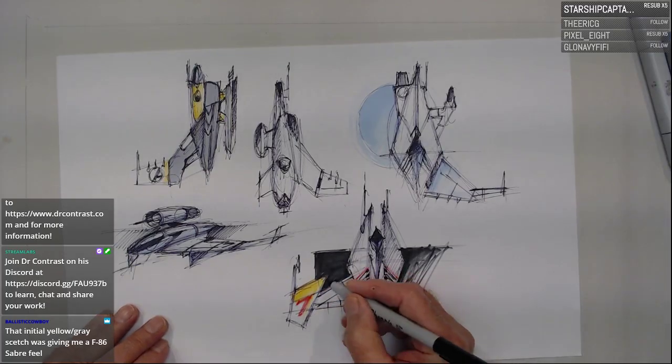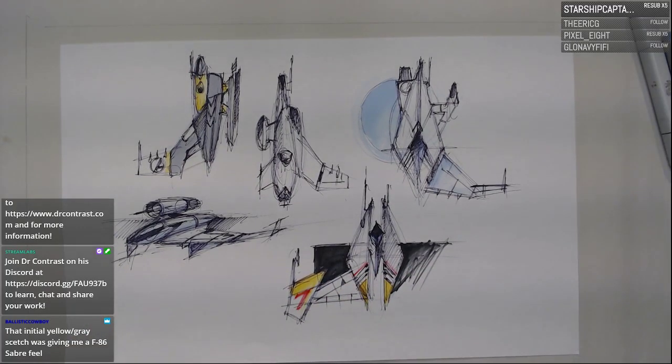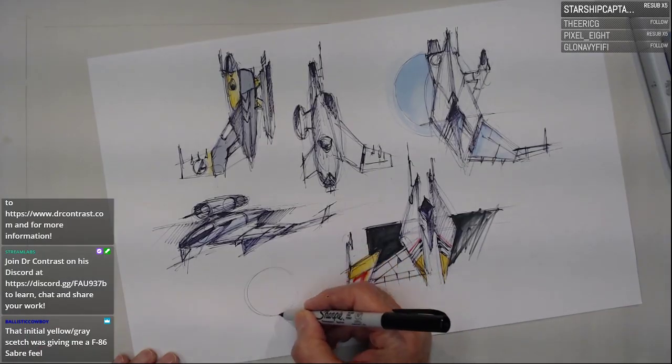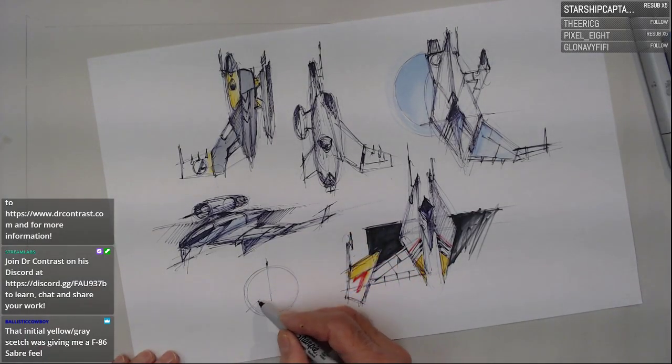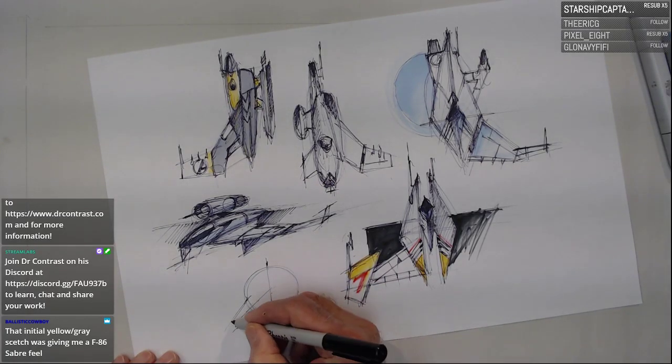Nicely observed. Again, real simple passes of what happens, for example, when you look at some of the architecture that's out there now. Yeah, it's pretty typical. We've got a lot of stuff. For example, there's a lot of rounds. For example, we can do this, come back in and pick up like a triad of three, almost like a Mercedes element here. And then pull that off. Let's see what that does. Maybe